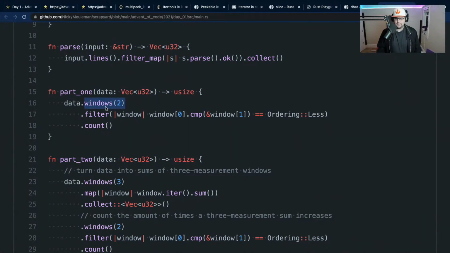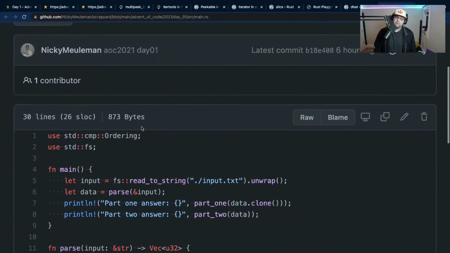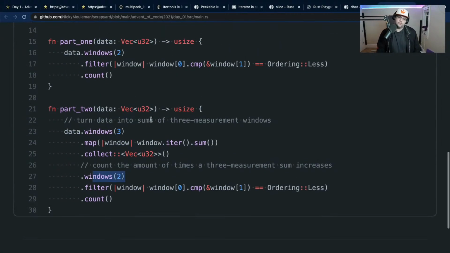Why did you use Windows 2? Oh, just wanted to show it. Cool. Oh, I guess, yeah, you did sums of 3 measurement windows. And then you did Windows 2 so that you would have like A and B. And then you could just use sum actually if you do it that way. I kind of like that actually.